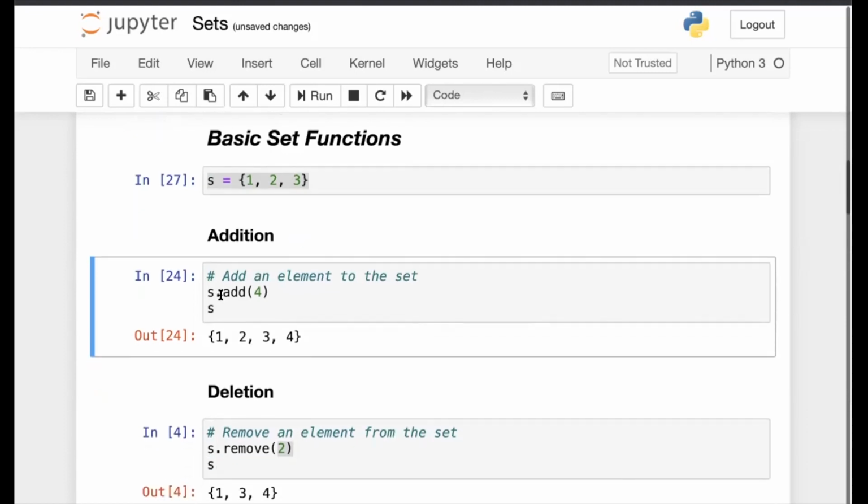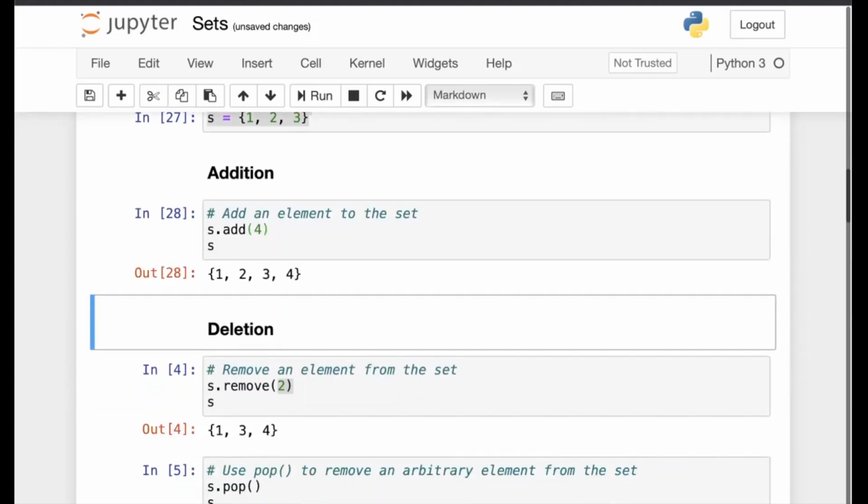Again, you have to use the dot operator because this add method is defined over an object of type set. S is an object of type set, and it has an associated function add, which we are going to use to add one element to our predefined set S. Here we use it and we pass it the argument 4. So 4 is added to the set. As you can see here, the 4 is added.